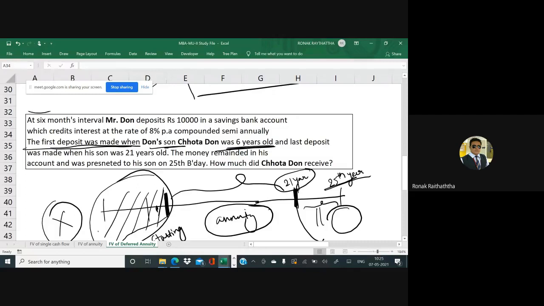Let's go to the terminology of the completed years. Otherwise, students will get confused. So in the 6th year, the second part of the 6th year, you are making the installment. Now, once the 6 years are over, there are remaining years to be completed at the age of 21. So once 6 years are over and 21 are completed, the remaining 15 are there. So 15 multiplied by 2, so 30 are there.